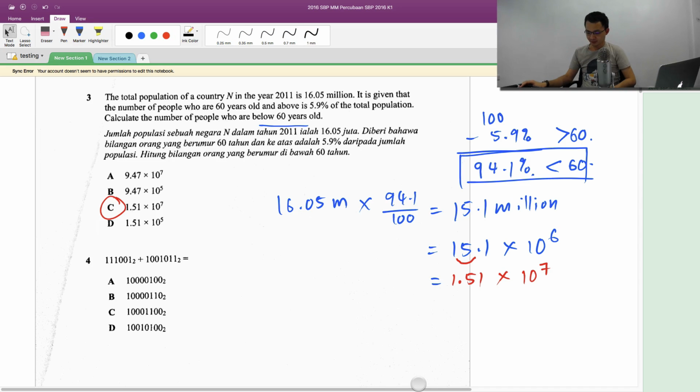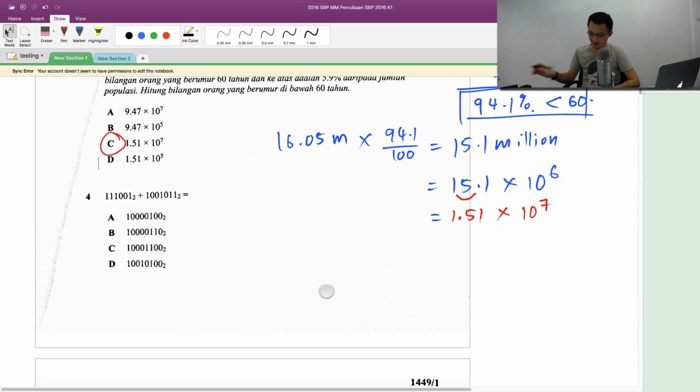Alright, so then number 4 here is just addition. I can do it manually, or you can use a calculator, definitely no problem. So this is